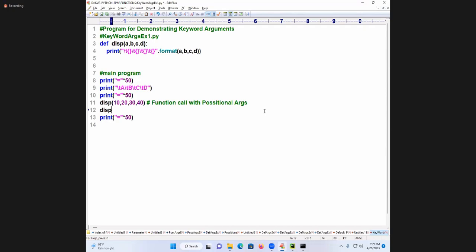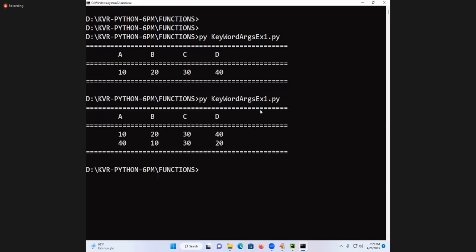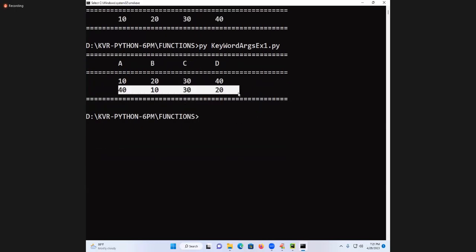Wait. Display, tell me: 40, 10, 30, 20. If I pass it with positional arguments, am I getting a disturbance in the values or not? Right, disturbance in the values. We lost the consistency of the data. You go daily by one route and enter your home. Due to a traffic jam, you take another route and enter another home. Another home means a problem is coming, somebody unknown is there.